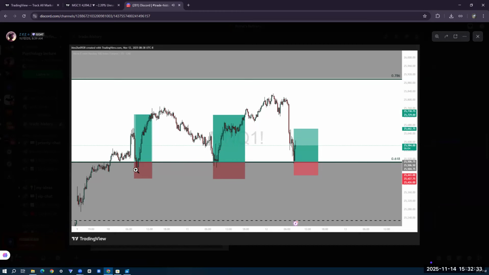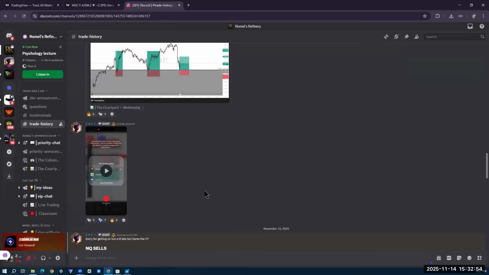So I literally put a random stop loss, and then that trade hit TP. On the second one, I just made it the same exact size. This one took way longer, but same exact size. And the third one, the last one, I made a little bit smaller because that's the third time. I'm just like, damn, that's the third time you done came down. I don't know if you're gonna really continue to reject. So that was that one.